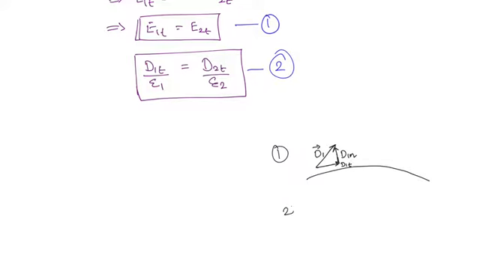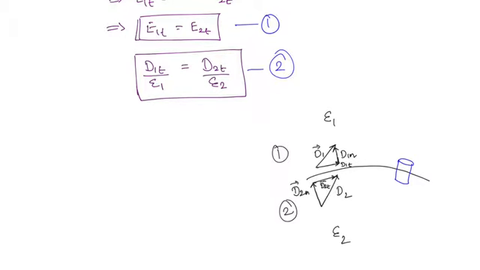Similarly, you will have it in the second medium also. This is the first medium, this is the second medium. Permittivity is epsilon 1, here permittivity is epsilon 2. Here also you will have the flux density. So this is D2, and the tangential component is D2t, and the normal component is D2n. Okay, so here what you will take is a kind of a cylinder. This is called a pillbox, a cylindrical Gaussian surface.